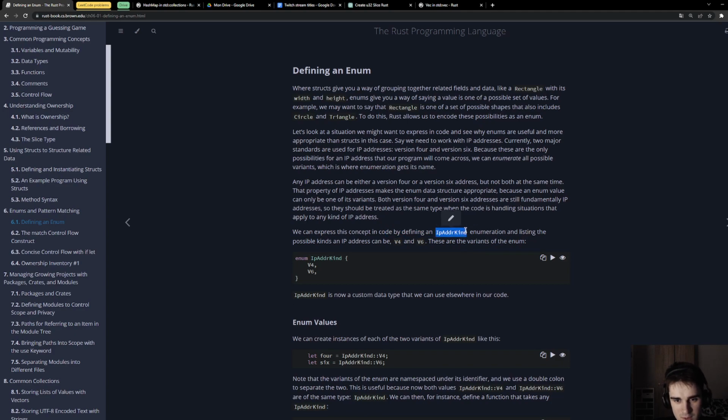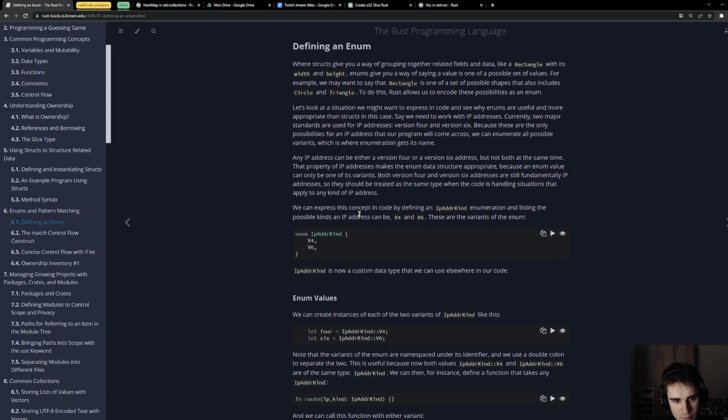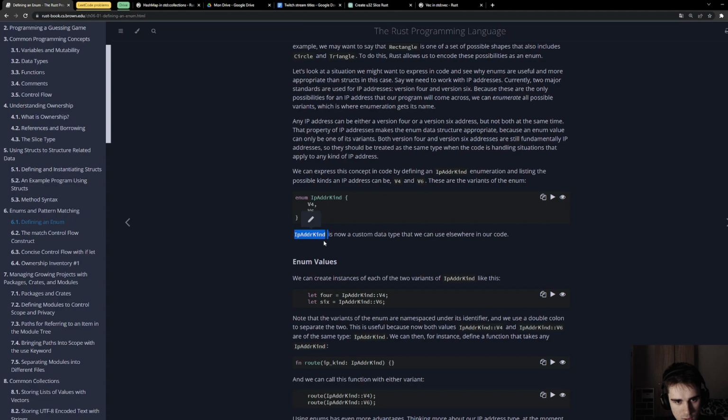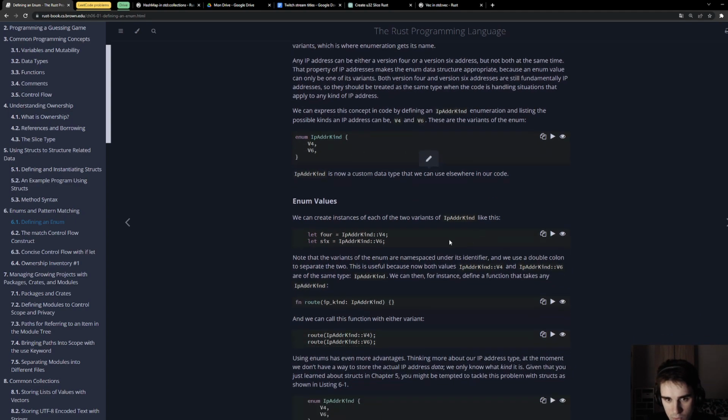I don't like this name, but let's move on. An IpAddrKind enumeration, listing the possible kinds an IP address can be: V4 and V6. These are the variants of the enum. IpAddrKind is now a custom data type that we can use elsewhere in our code.